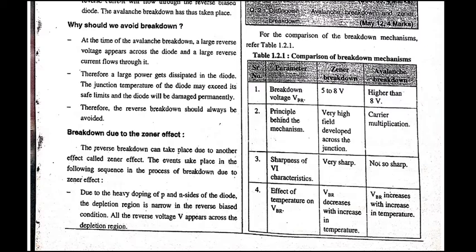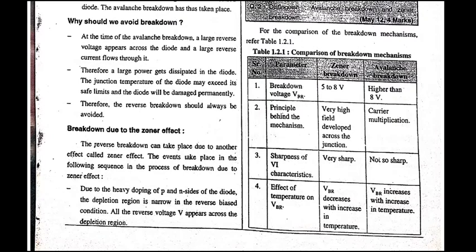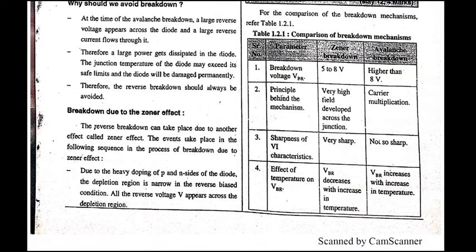But during the avalanche effect, we can see the current increases quite rapidly, and due to the increase in current, there is more power. As the power increases, there can be a temperature increase in the diode, and that can damage the diode. But if the temperature increase is controlled, then we can have a proper application of this diode. Remember this difference between